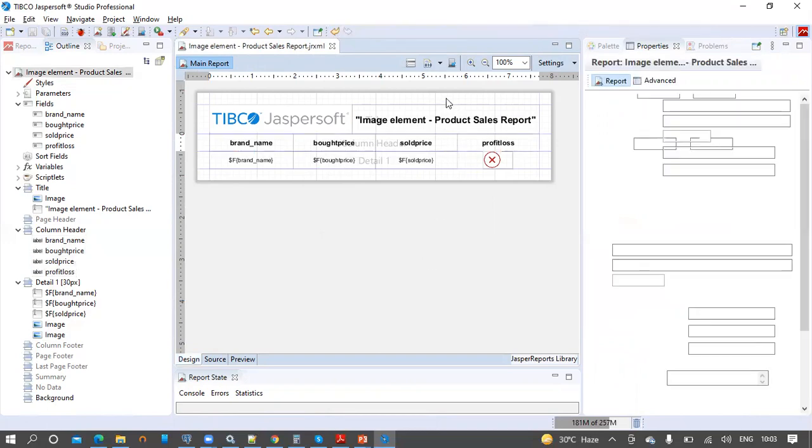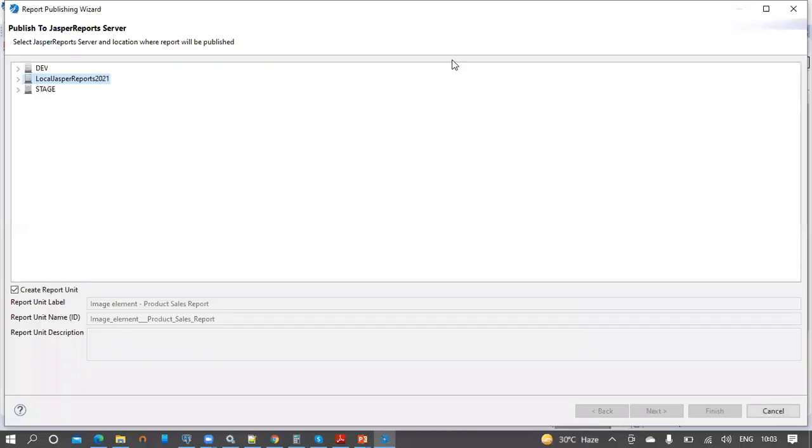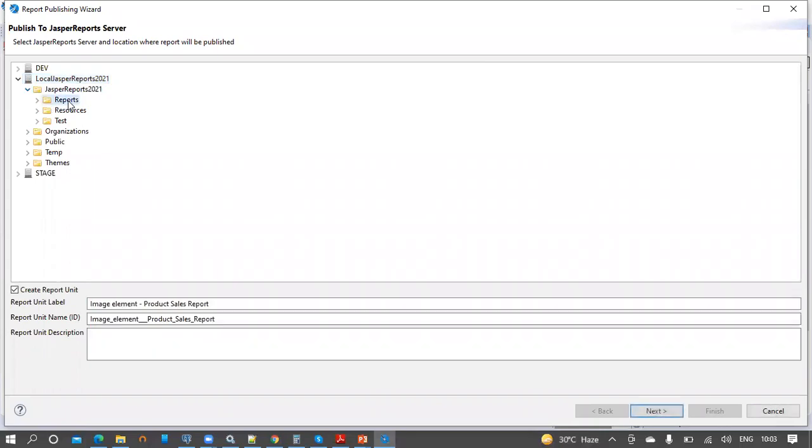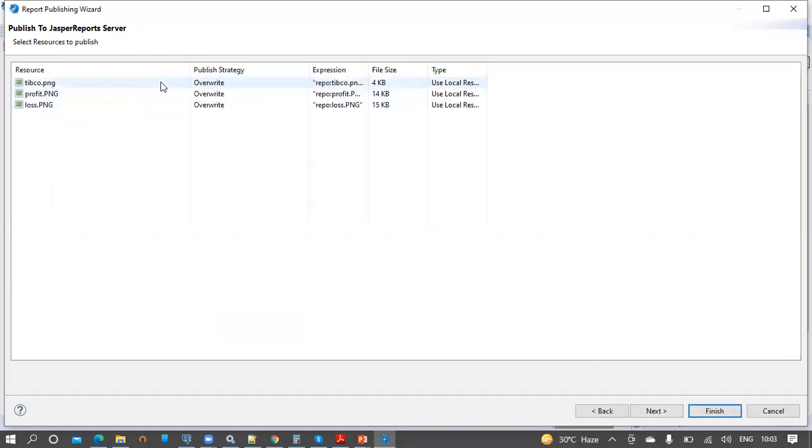So let's publish this report to the server and see how the images are showing up on the report output. So let's publish these reports to the reports folder, then provide the reporting unit, then click on next.